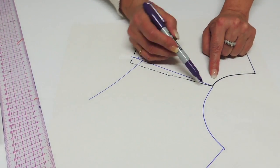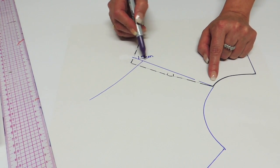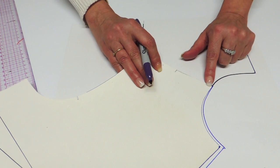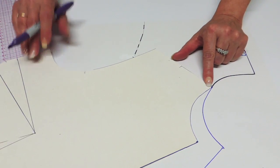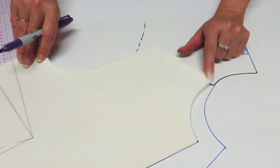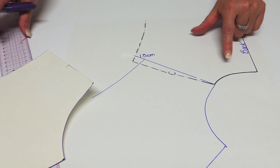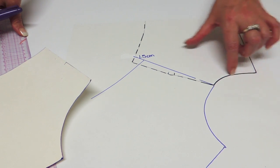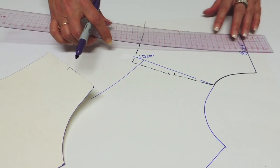At this point, I want to show you why 1.5 centimeter is enough, because if you're trying to pivot more than that, it's going to create a point at the neck, and we don't want that. So 1.5 centimeter is enough. Now we just have one step left to do, which is to trace the collar parallel to